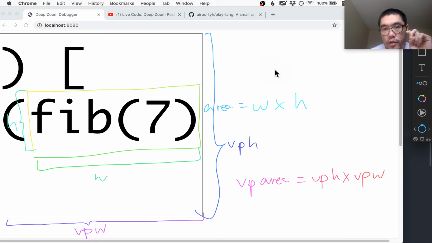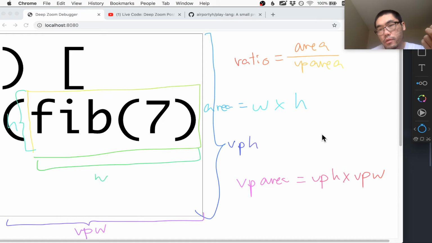If the ratio of area divided by viewport area, let's say if that ratio is more than 0.5 or something, then I'm going to actually show more detail about that invocation of fib and actually put the source code of the fib function inside this